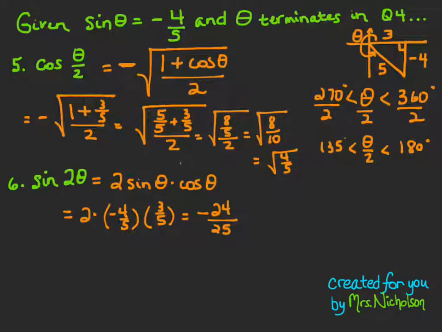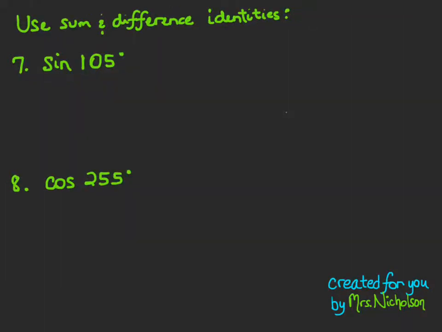All right, let's move on to the next section. Here we're asked to use sum and difference identities to find these values. When you're using sum and difference identities, you're just looking for two angles that you can add or subtract so that you get the angle that we're interested in. Sine of